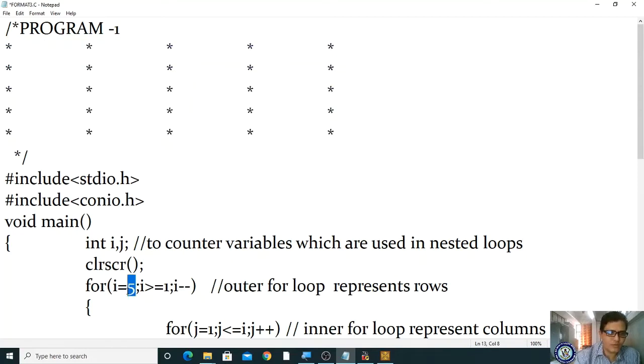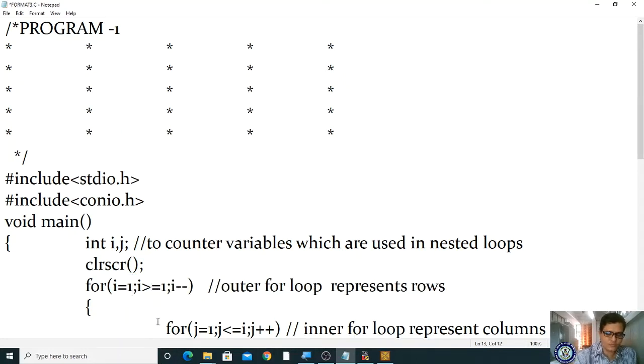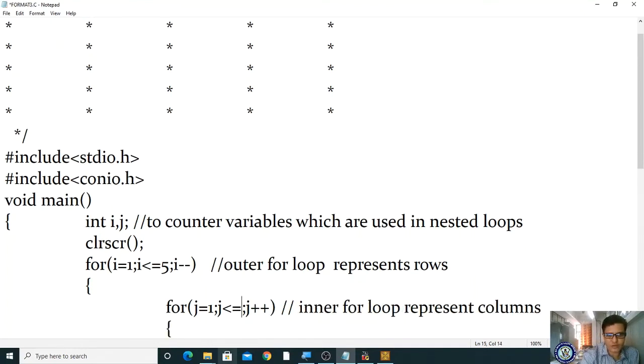We have to give i equal to 1, i less than or equal to 5, j equal to 1, j less than or equal to 5, for 5 rows and 5 columns, right?